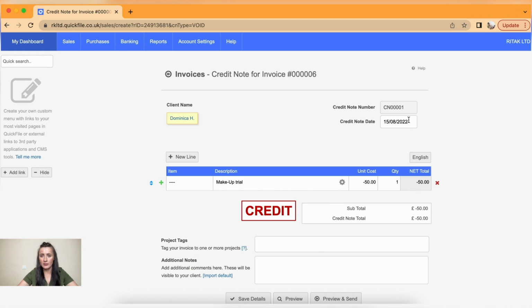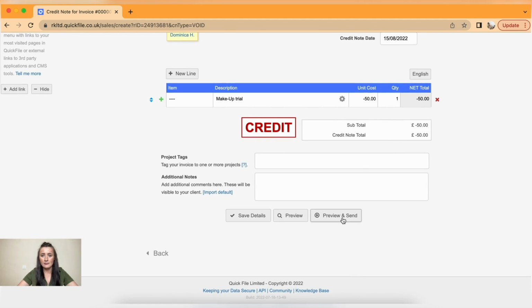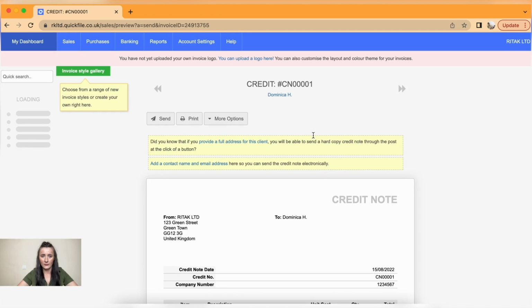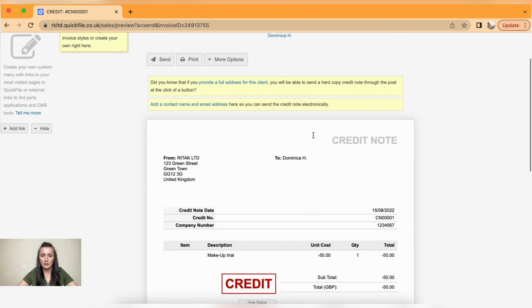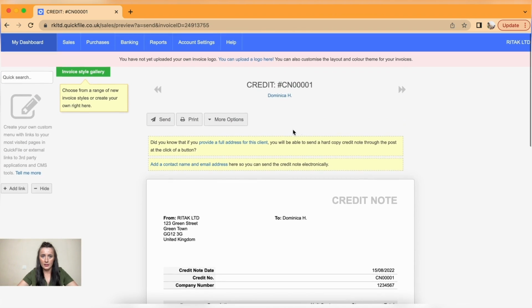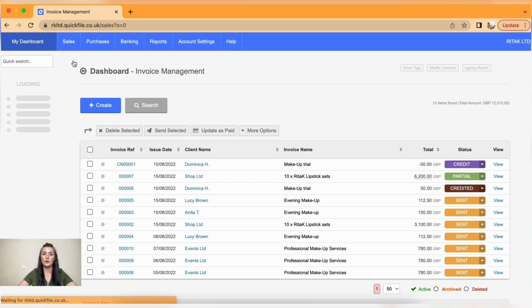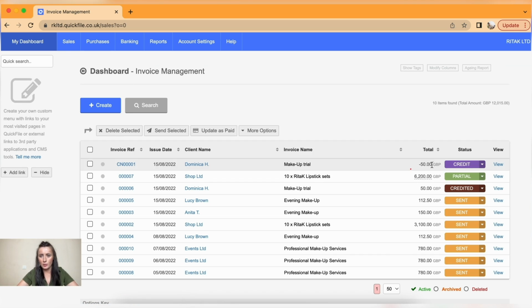Otherwise, select the correct credit note date. I will keep the 15th of 08 and I will preview and send. And I will allocate this £50 credit note to this particular invoice. I will say yes, save it. Okay, so now if I go to my all sales list, there is a credit for £50,